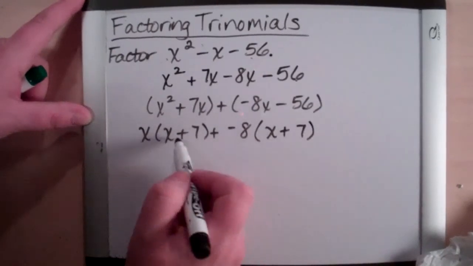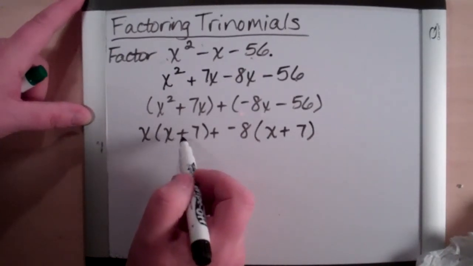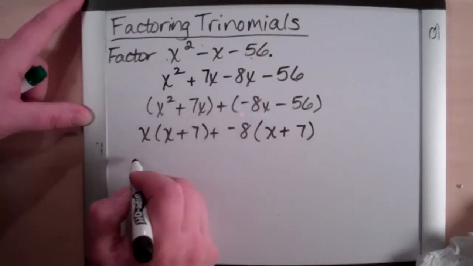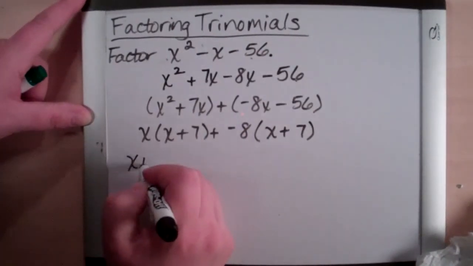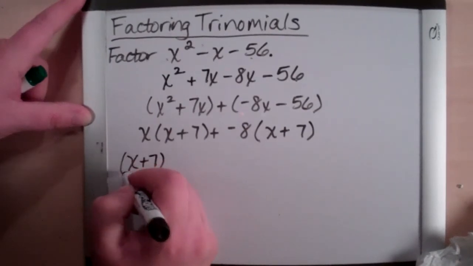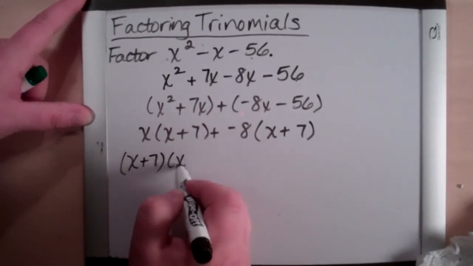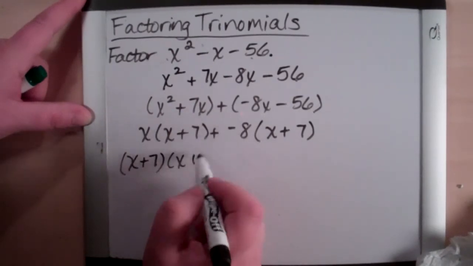And look at that, this matches with that. So now when I pull out the common factor of both of those terms, the x plus 7 comes out front. What's left behind is just x plus the negative 8,